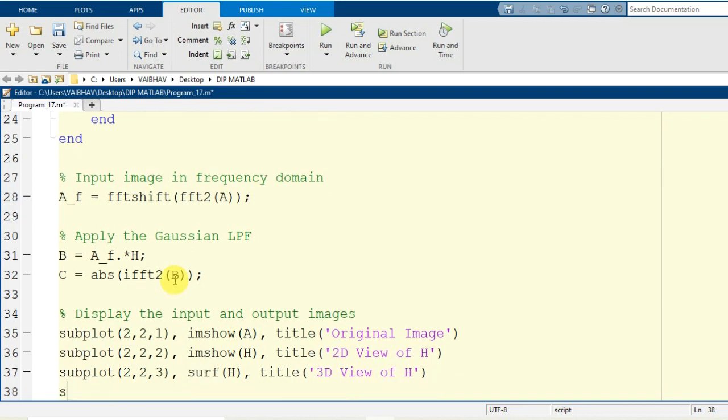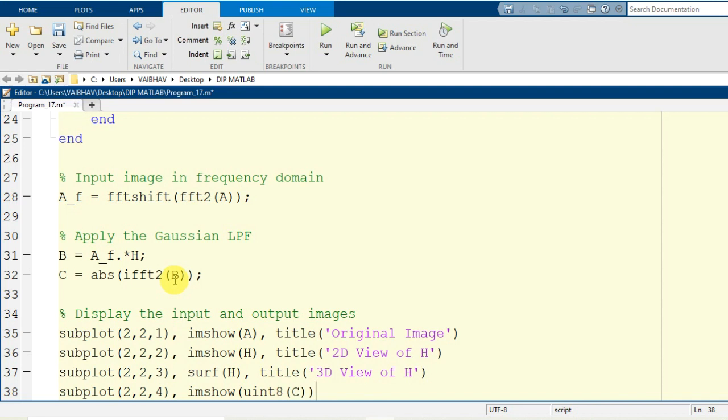And lastly we have subplot 2 comma 2 comma 4, where we visualize the resultant image after processing. That is of the double type as expected, as it has resulted after application of the filter function that has been generated by the nested for loops. So we need to convert it back to uint8 data type for proper visualization.